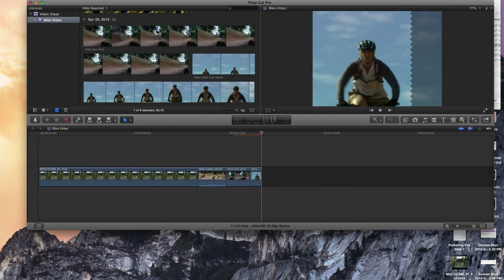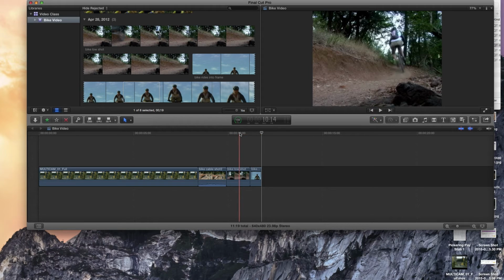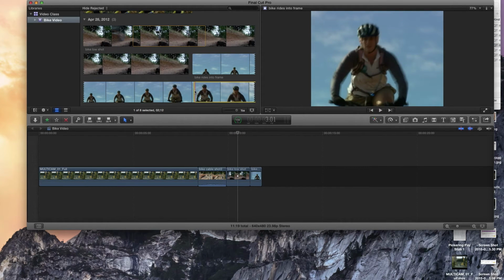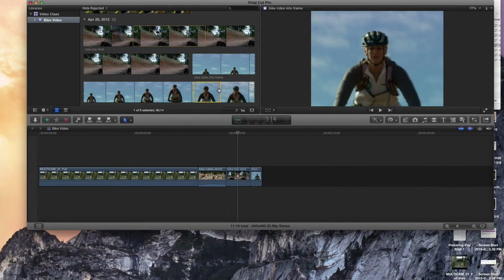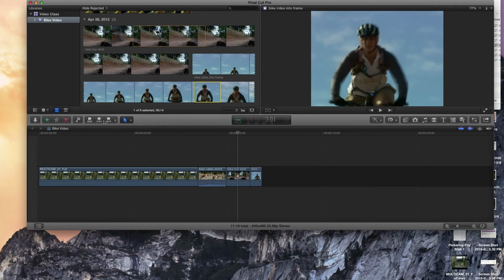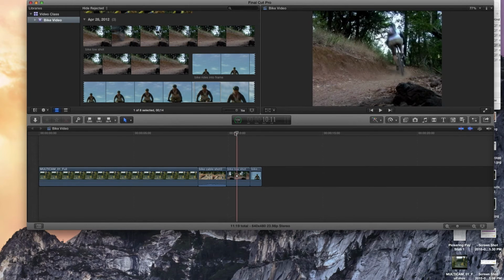You could also use this one right here. Now this is the insert. So let's say I was like, oh, you know what, I actually want to add something in the middle here. I could come up here and say I'm going to do my mark in, my mark out just of that moment there. And then I could hit the insert, and wherever this scrubber is here on my timeline, it's going